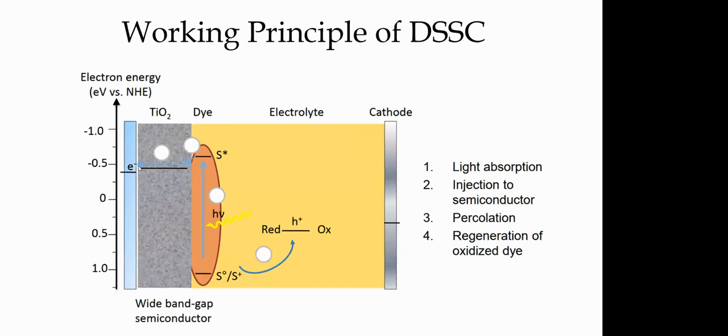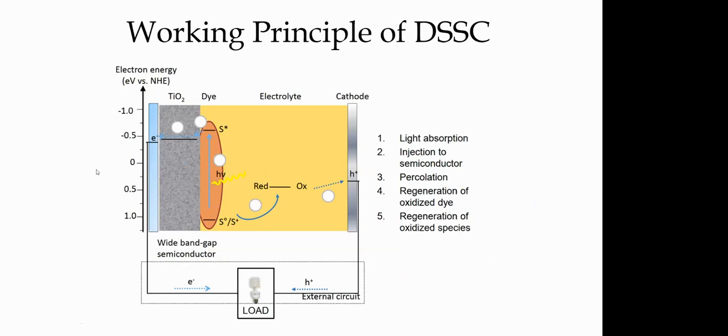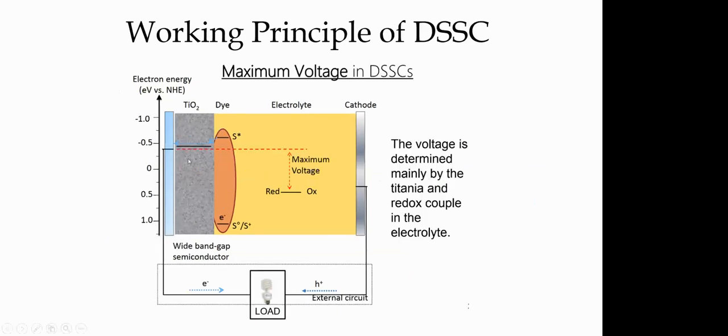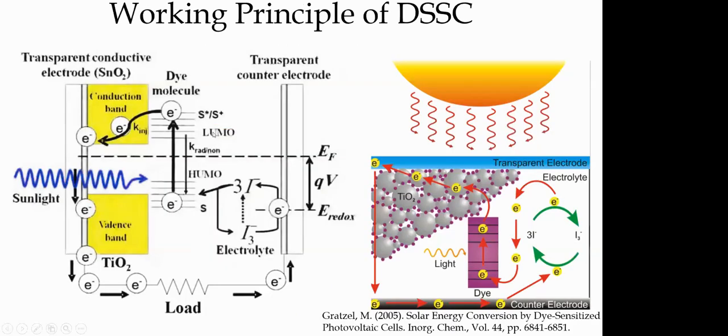So the maximum voltage that I have said is one characterizing parameter is the difference between the conduction band of your electron and the redox potential or chemical potential of your electrolyte. That is the difference. You want to maximize this. Why do you want to maximize this? Higher the voltage, you can increase the power because P is equal to V into I. But there is a limitation which you need to satisfy for efficient electron transfer as well. So this summarizes everything that we have discussed so far.